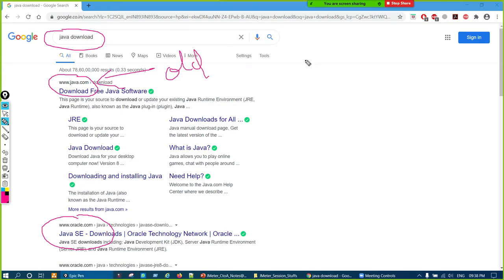I remember like 4 to 5 years back, the original developer of Java was Sun Microsystem, the organization who developed Java. This website is coming from that year, it's a very old link. Now recently Oracle has purchased Java and all its other products from Sun Microsystem. Even MySQL, an open source database, Oracle has acquired that. So a free version is also there. Some parts they are acquiring. I don't know how that works, but it has acquired, right?